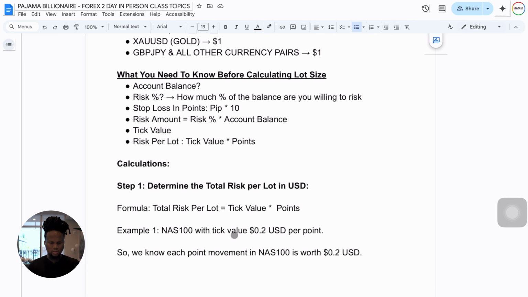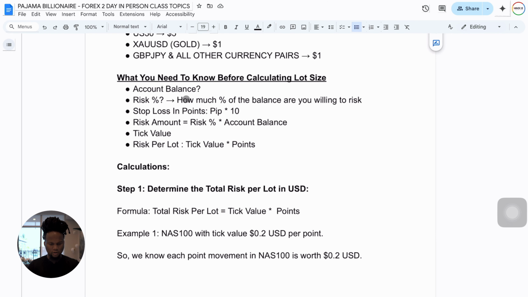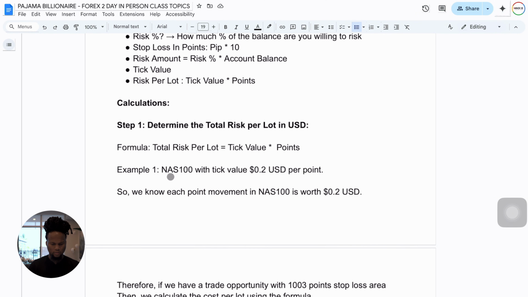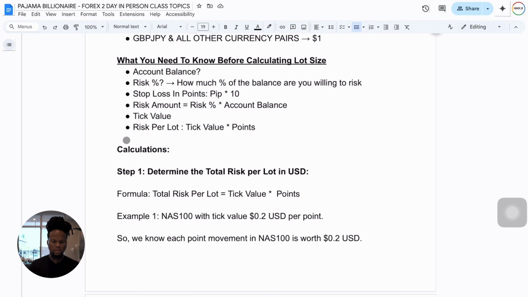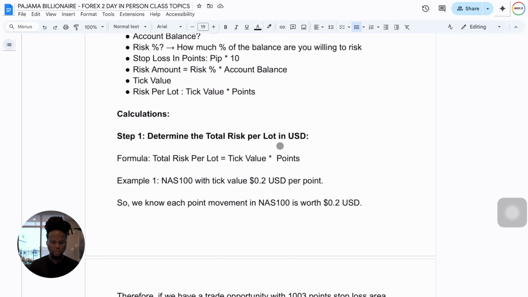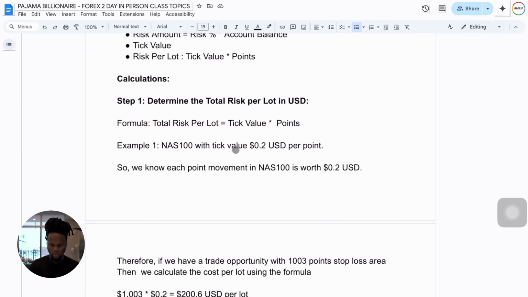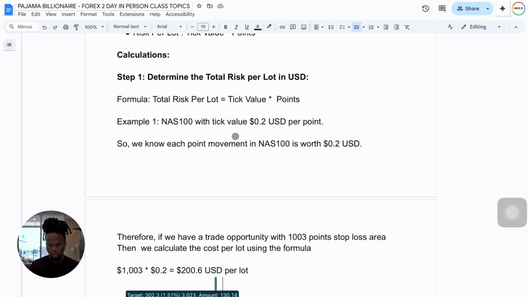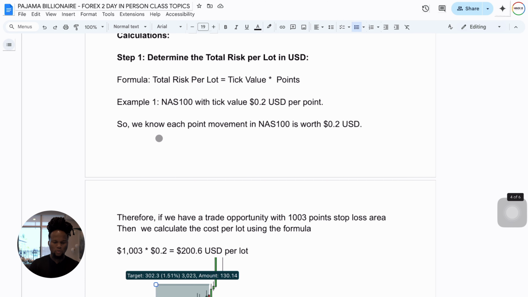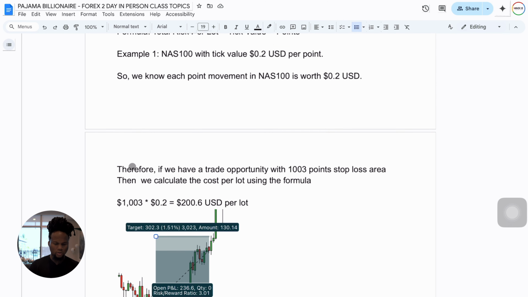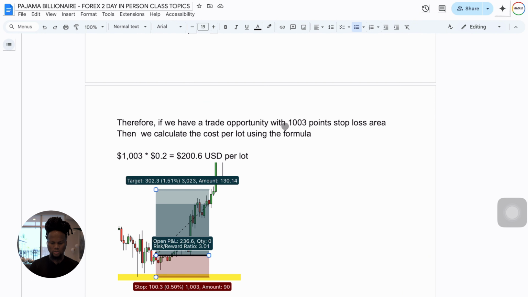Let me dive into this now. Let's go further. These are the formulas here, which is step one. These are some examples that I did. So step one, determine the total risk per lot. The total risk is the tick value times the points. For example, NAS 100 tick value is 0.2 per lot. We know each point movement is worth 0.2. Therefore, if we have a trade opportunity with